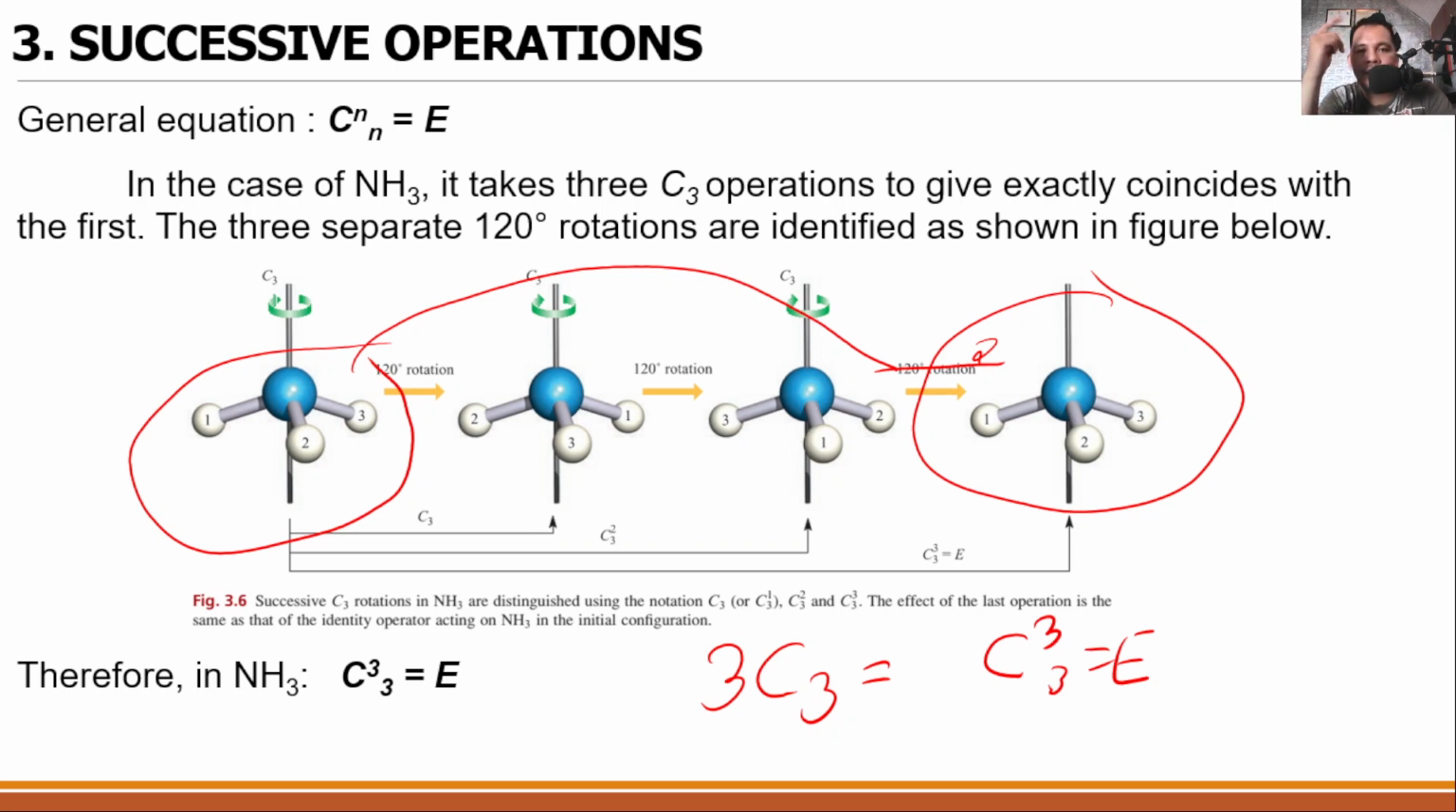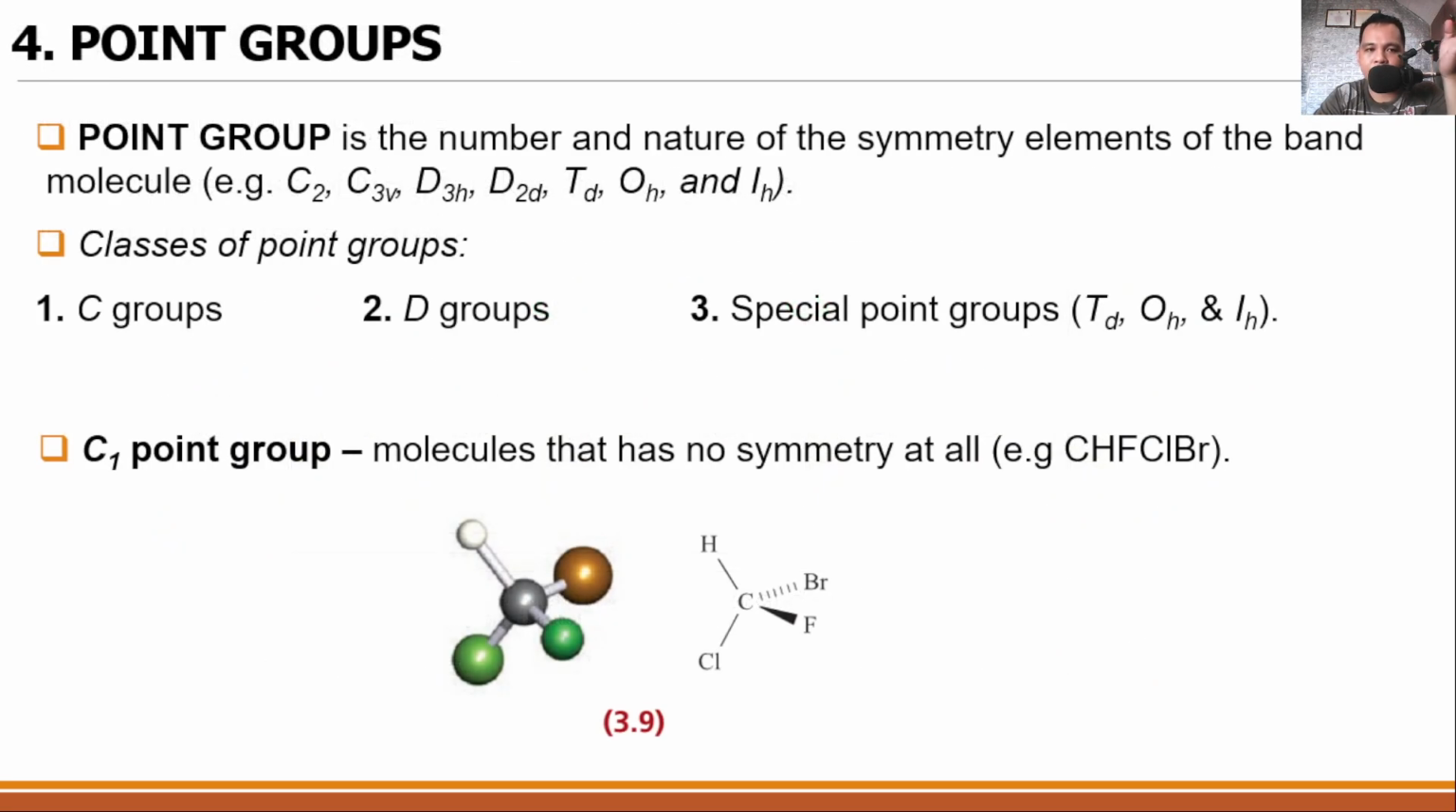Now, ito na. This is where the gist, ito na yung pagsasama-samahin na natin yung mga symmetry operators and elements natin to determine the point group of a molecule. Pagsasama-samahin natin yan, the n-fold operation, the mirror plane, the improper rotation, and the identity. Pero usually, ang nangyayari lang is the n-fold and the mirror. Okay? So, point group,